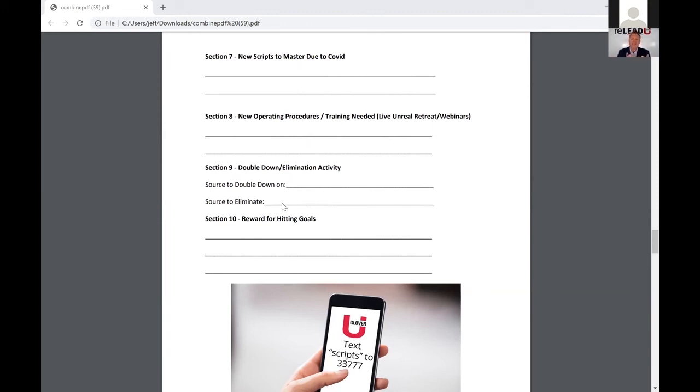But anyways, identify what program or what training it is that you need to implement for the rest of the year to make sure you stay on track with your goals. You can't do it alone. Everyone needs a coach. I've personally had a coach since 2005. If you have an opportunity to check out any of our programs, I would encourage you to do so at gloveru.com.